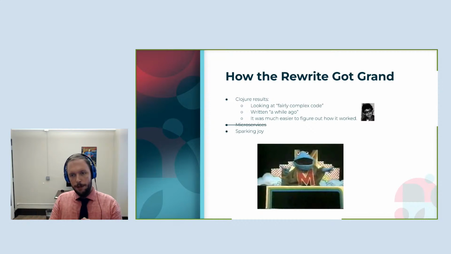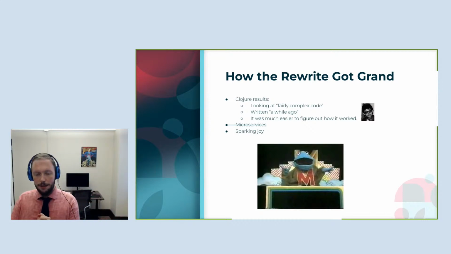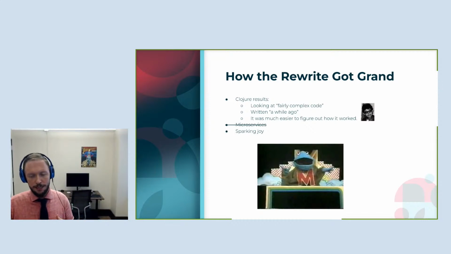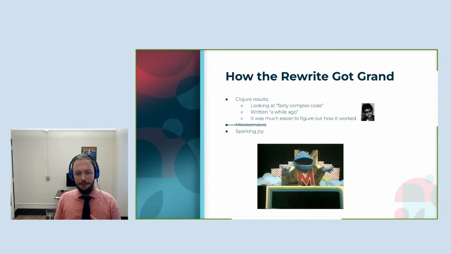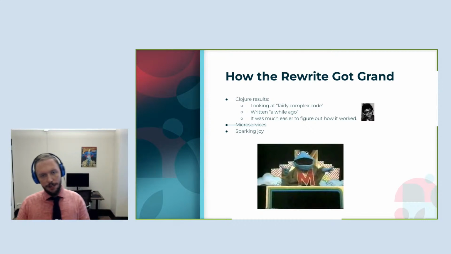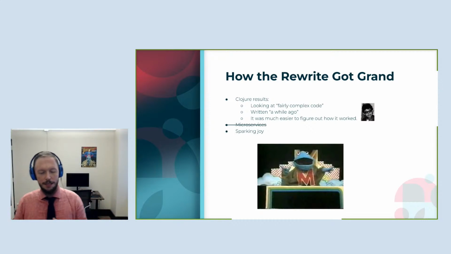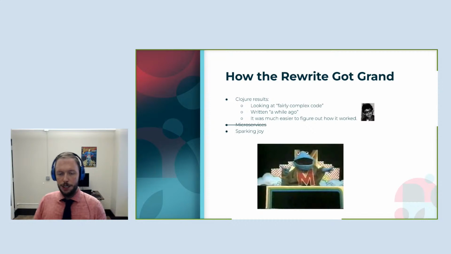So at this point, Buck has a chance to do that point of comparison that I mentioned is all too fleeting. Adam mentioned it in his talk a year ago, where they had written in one language and then they rewrote in Clojure, where they had a sense of how much better that was. In this case, you have equivalent system behavior that has not been rewritten in Clojure. And Buck finds himself looking at fairly complex code that was written a while ago, and yet it was much easier to figure out how it worked. So this is the anecdote that fleshes out the feature of the model here, where the fact that this was in Clojure allowed it to be a lot more comprehensible.